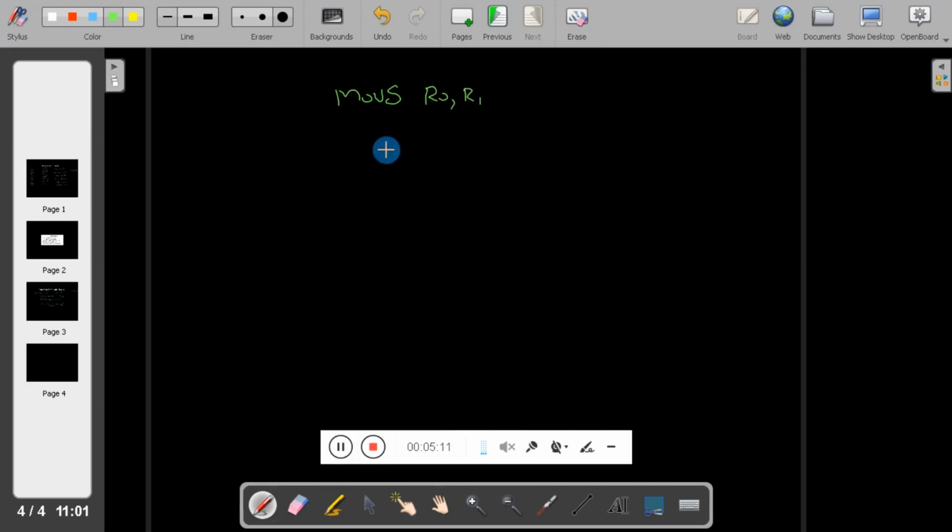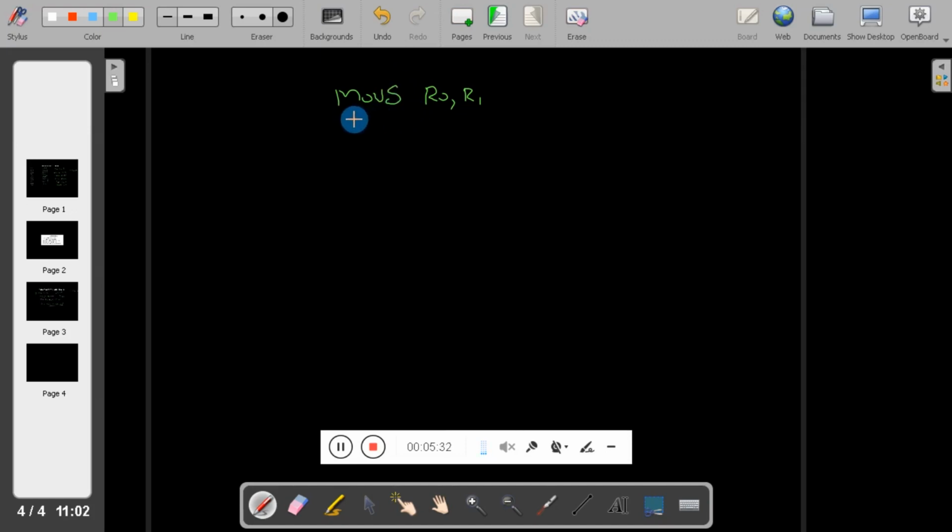See, in ARM, if you don't add S to any instruction, then it will not affect the flag register. Not only arithmetic and logical instruction, you can add S to any instruction. If you add S to any instruction, it will affect the flag register.